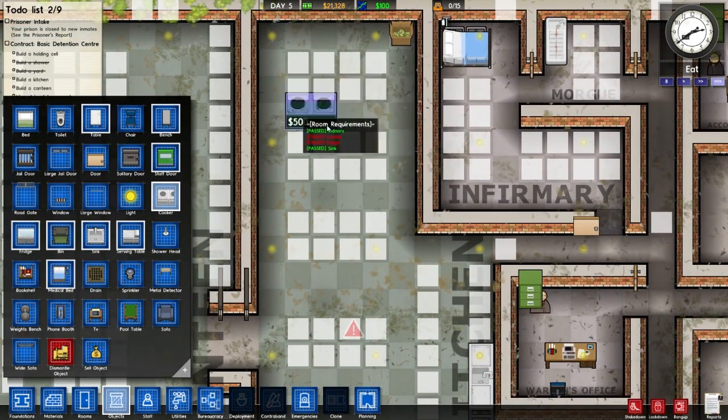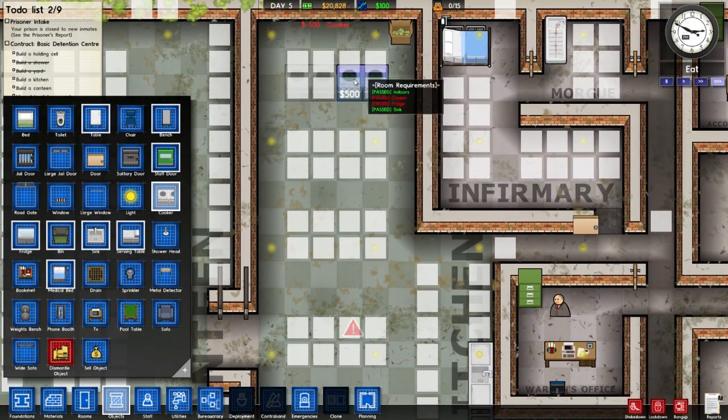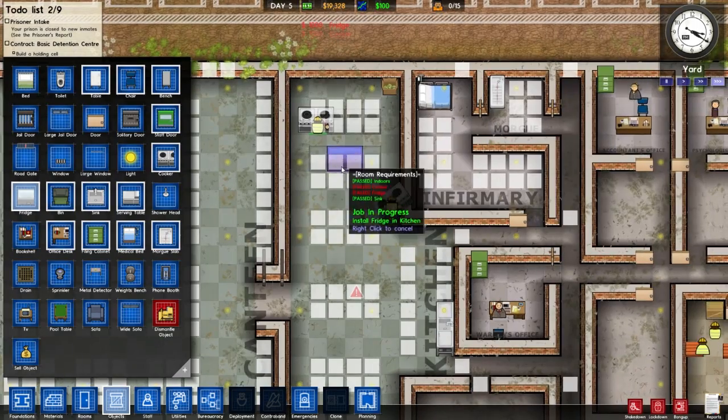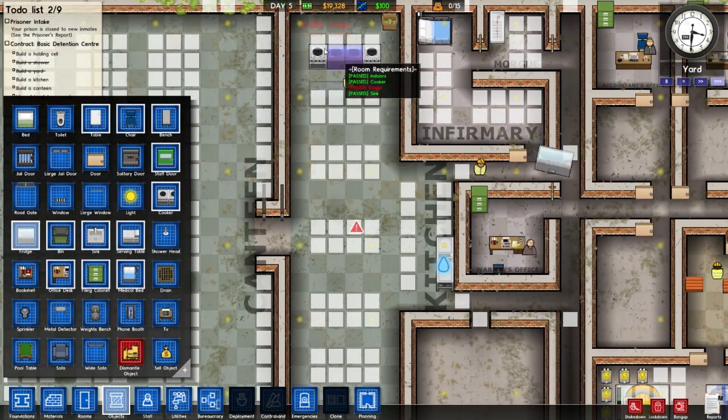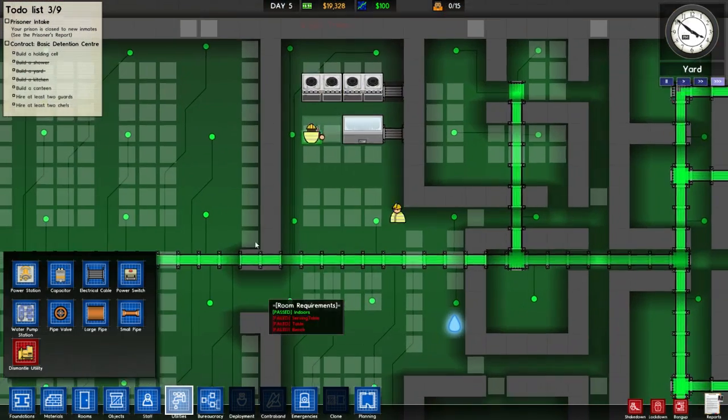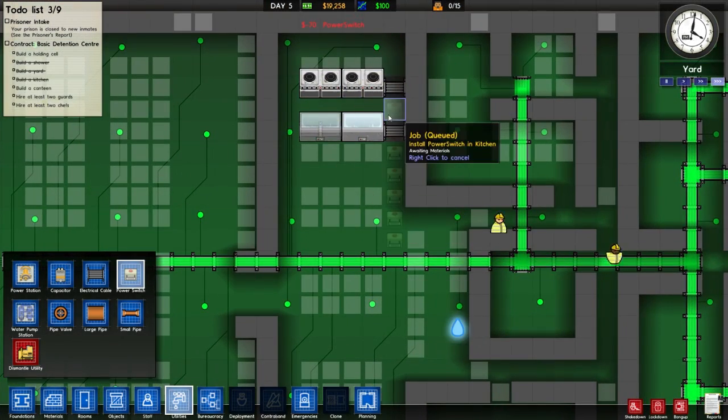But that is very inefficient because they'll be running past. So what I'm going to do instead, I'm going to do that, and then I'm going to have fridges in the center, like 4 fridges, and then on either side of them I'll put cookers. That's my idea anyway. But obviously I'm not going to buy any more than that, because that is all I really need. We'll connect the...